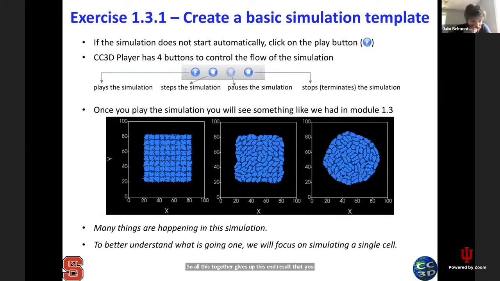But we don't want to work on all of them at the same time. The first thing we want to do is reduce our simulation to just a single cell and turn off the other constraints. So instead of starting with how many cells here? 81 cells. Let's start with just one cell, and I want the cell to actually be bigger so you can appreciate the effects of all the energy terms on it better. Okay, so